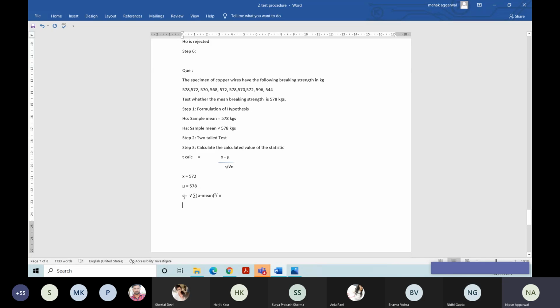But in case of calculation of S, if you want to calculate the S over here, this is n minus 1, not n. So that is a difference in case of your standard error. So instead of division with n, we have to divide it with n minus 1. Clear? Is this point clear? Yes, sir. Now calculate this S.